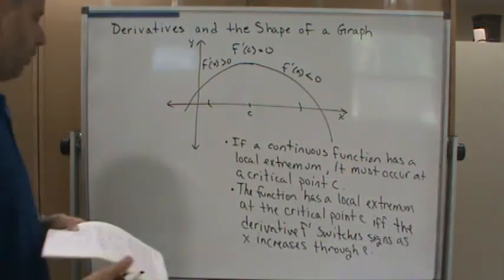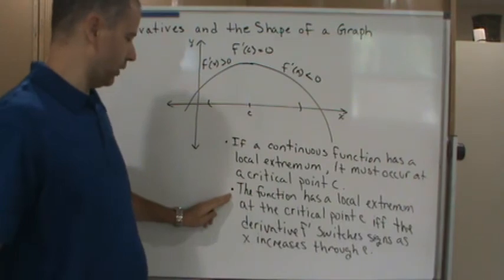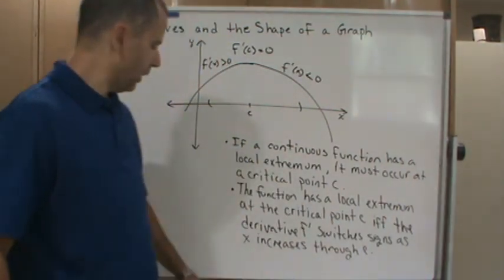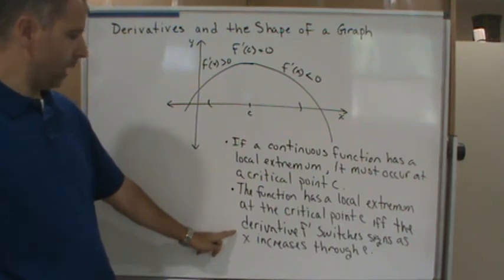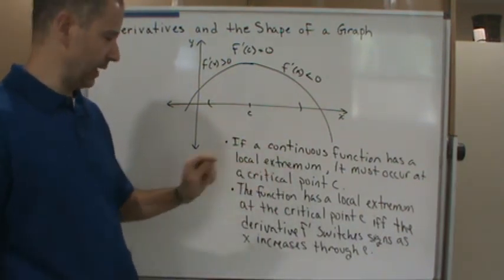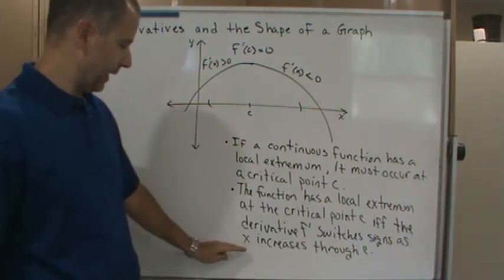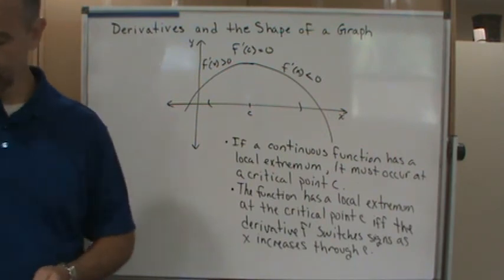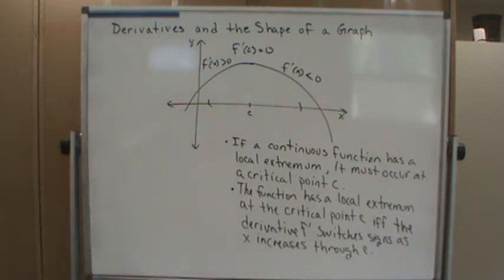Okay, so the function has a local extremum at the critical point C if and only if the derivative f prime switches signs, so that means either goes from negative to positive or positive to negative, as x increases through the critical point C. Okay, so that's another result. And the final result